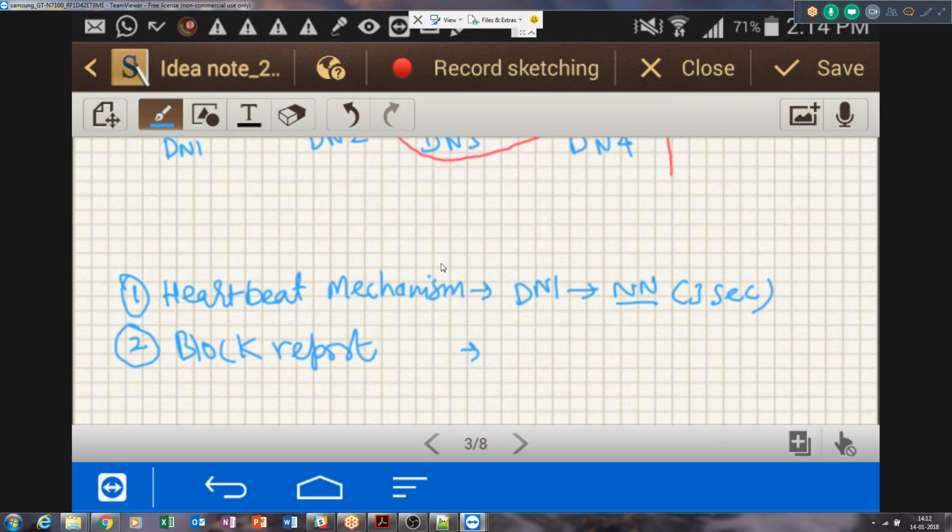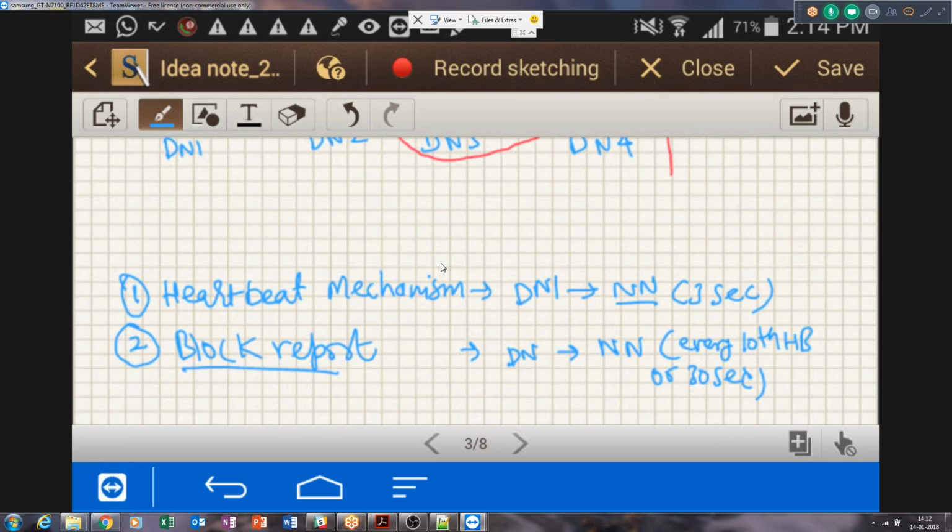It means every data node will send a block report to the name node every 30 seconds, because every 10th heartbeat or every 30 seconds mean the same: a heartbeat every 3 seconds, so 10 heartbeats means 30 seconds.